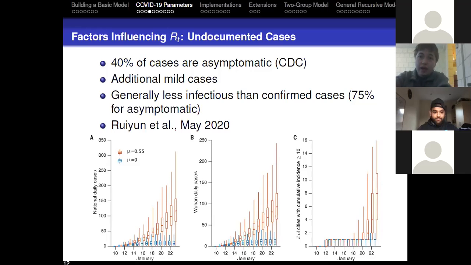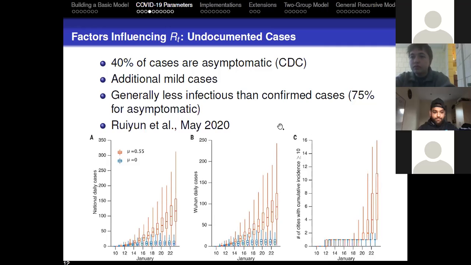these cases, you can see the daily cases are a lot higher over time than if you assign mu to be 0, which is just if those cases don't matter and don't factor in to the spread of the disease. So we can see that is a big thing we want to think about when looking at RT and making